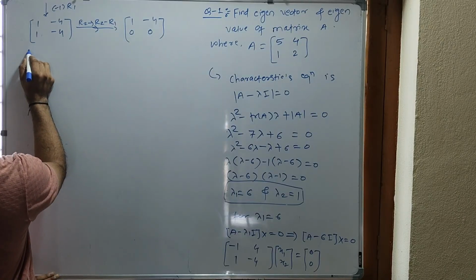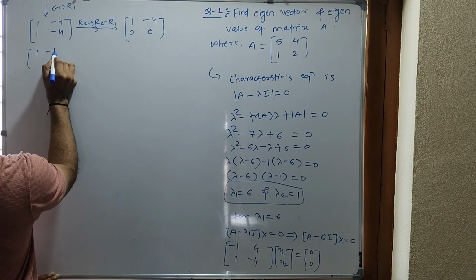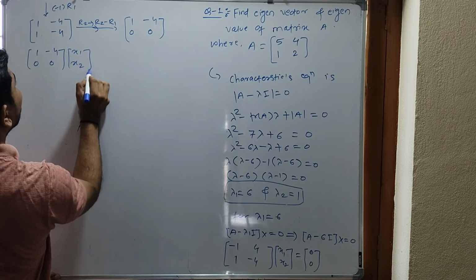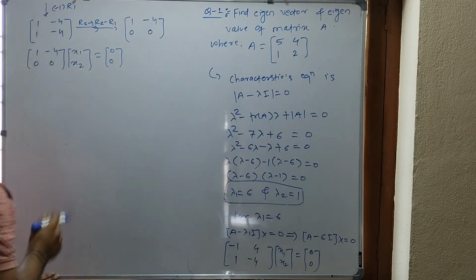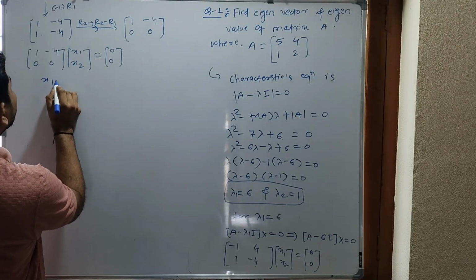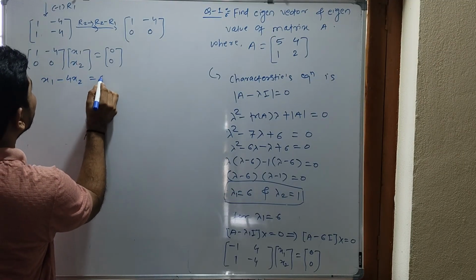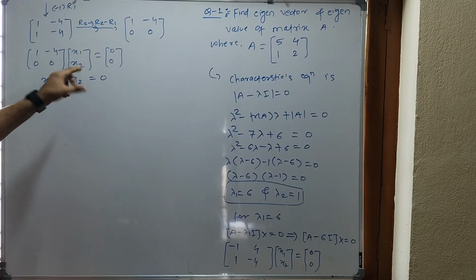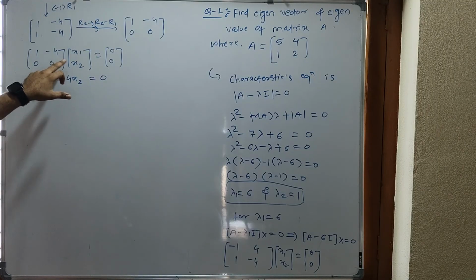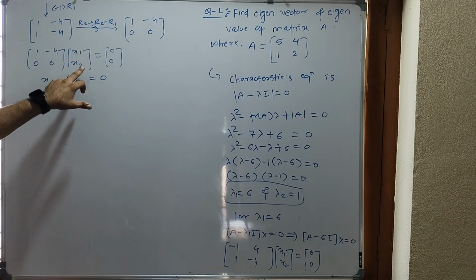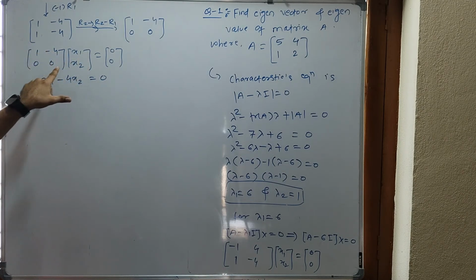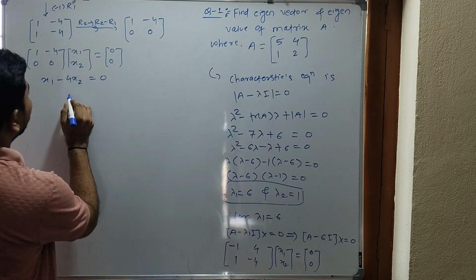So again back substitution. That is 1 minus 4, 0 0, times x1 x2, which is equal to 0 0. This is the same as x1 minus 4 x2 equal to 0. Now the rank of this matrix is 1 and the number of unknowns is 2, so I want to assign one free parameter to either x1 or x2. But corresponding to x1 I have a pivot in my first column, while corresponding to x2 I don't have a pivot in my second column. That's why I am assigning x2 as